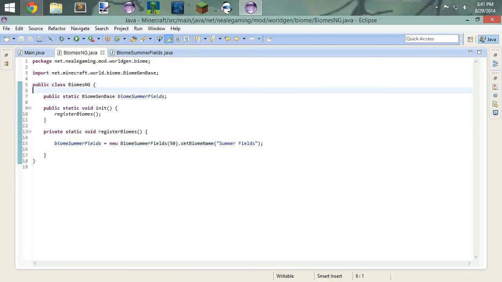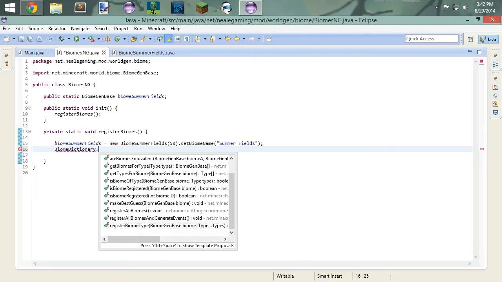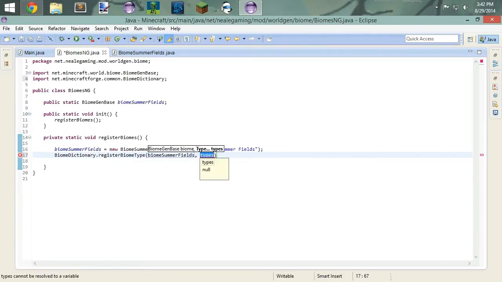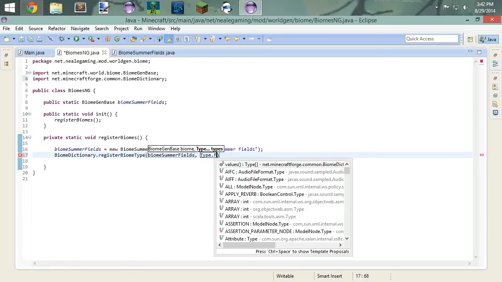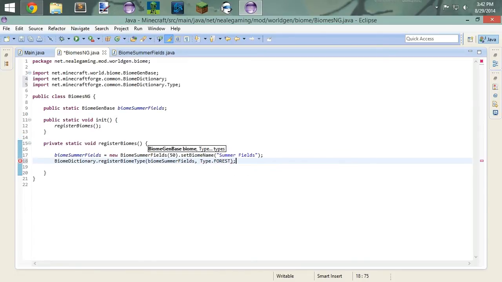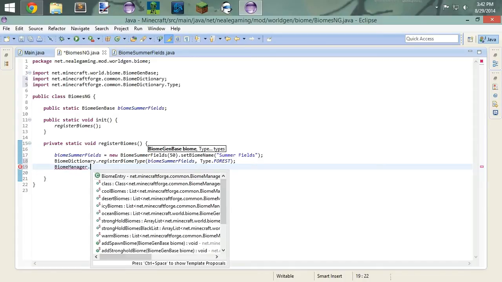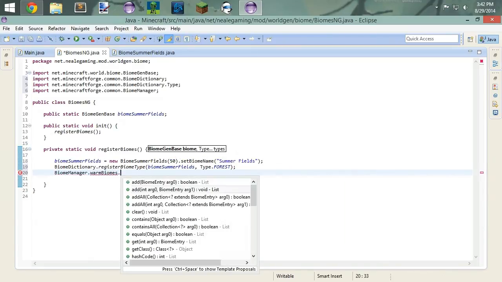There are some things that we need to do in here to get this registered and into the game. So, what we're going to do here is underneath this, we are going to register the biome type. We're going to say BiomeDictionary.registerBiomeType. It's going to be biomeSummerFields, and the type will be forest, like so. Next thing that we are going to do is get it into the game. We're going to say BiomeManager. What kind of biome is this going to be? This is going to be a warm biome. Dot add,